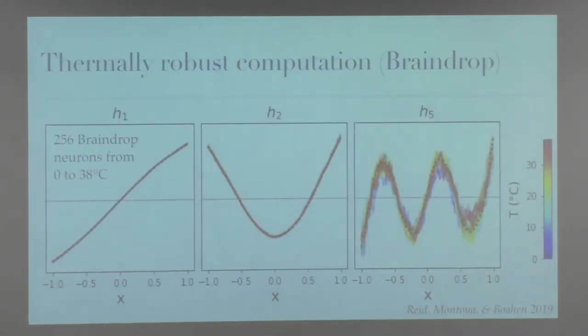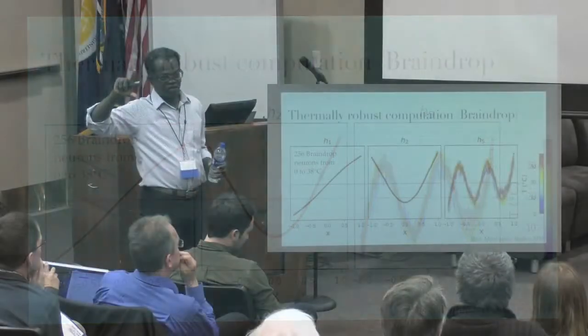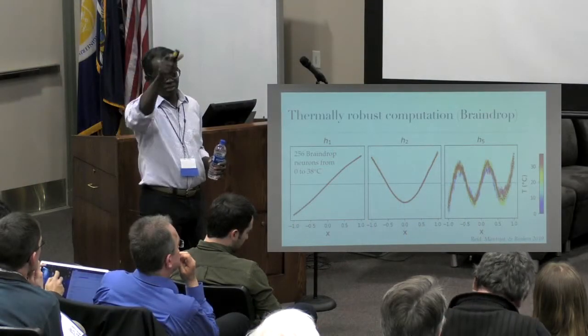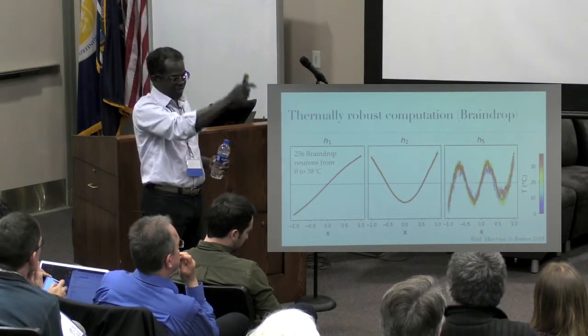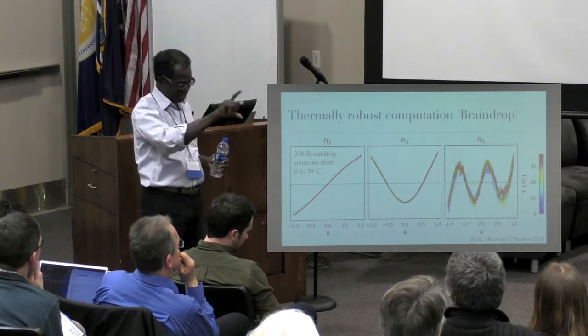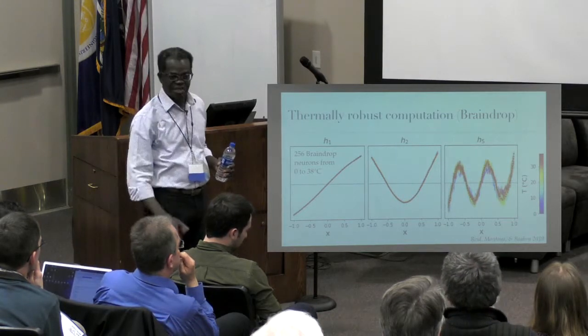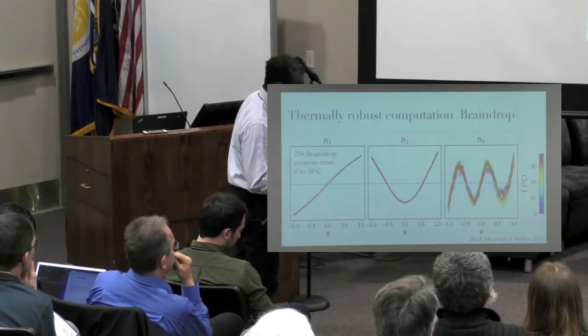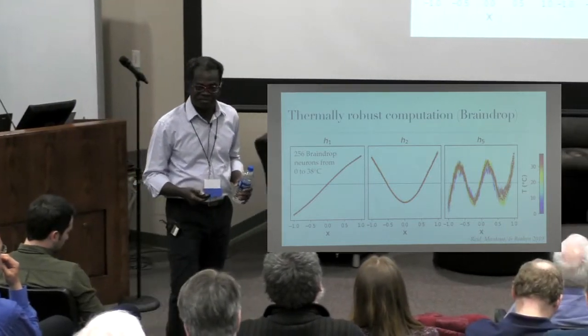And so how do we deal with temperature? We do the same thing, but now we measure the A matrix at all these different temperatures, and we solve for a set of decoders such that if I take those decoders and multiply by this matrix, I get that function. I multiply the next temperature matrix, I get the same function, and so on. So I solve for a set of decoders that are in the null space of the temperature variation.